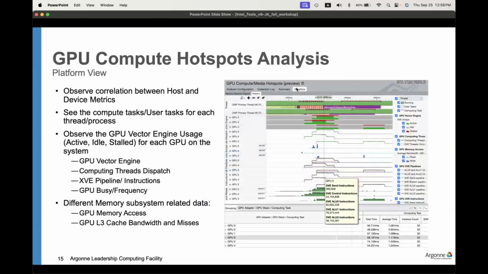And then if you use the platform view, you can also observe correlation between the host and device metrics like in GPU offload analysis. But the difference is the GPU offload analysis platform view provides more details about host device activity, but the GPU hotspot analysis platform view provides more detailed activity on the GPU side. For example, GPU vector engine utilization, compute thread dispatch, XP pipeline instruction, GPU frequency, and also GPU memory access, L3 cache bandwidth and misses, right? So again,